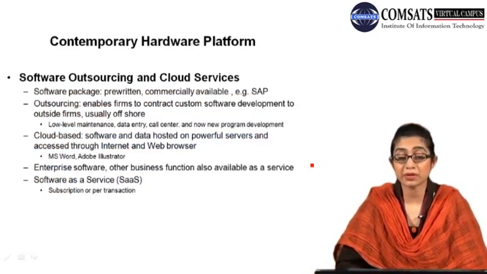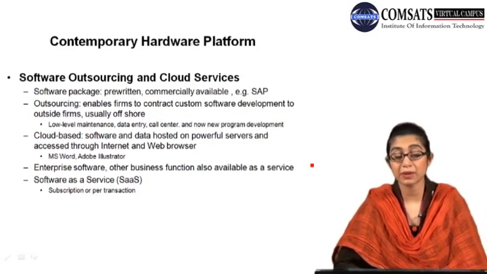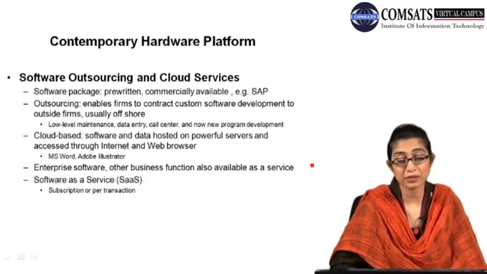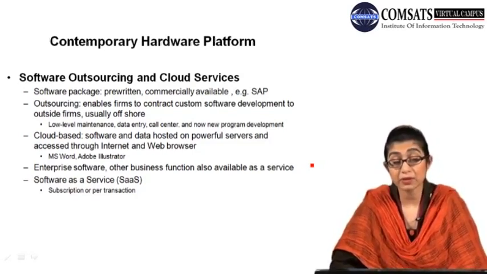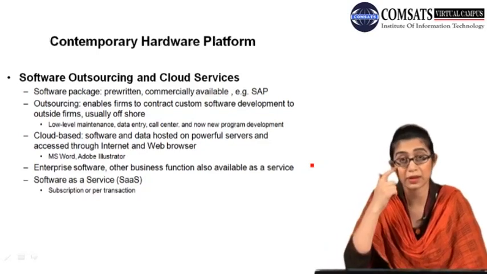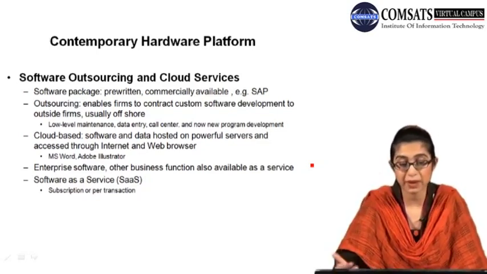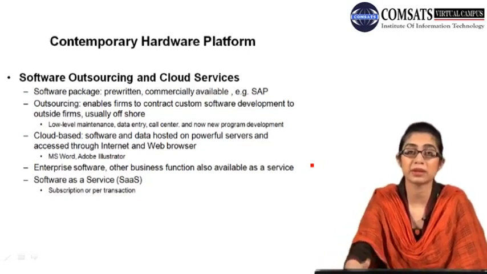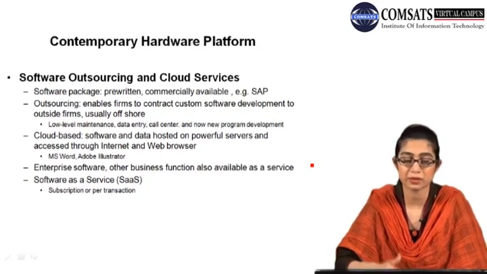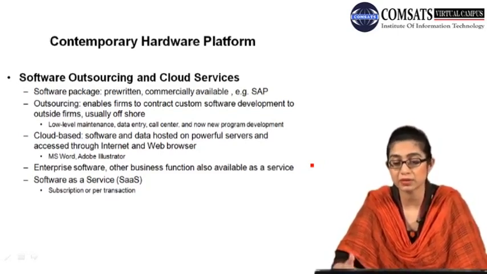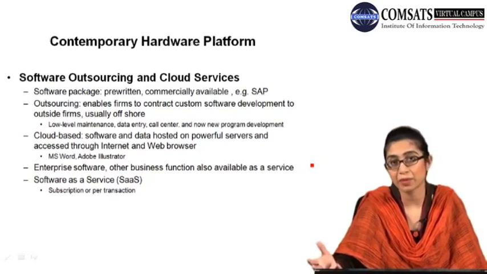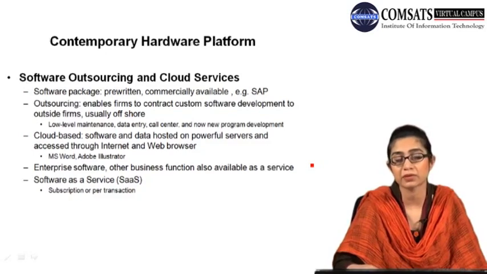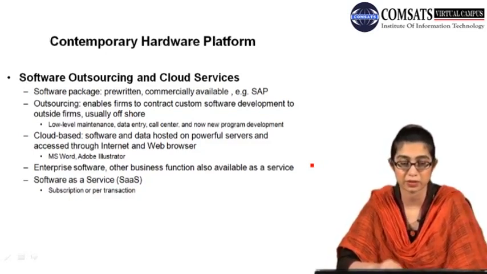Right, again we come to the same topic of cloud services, जिसमें हमने बोला था software as a service को हम थोड़ा सा आगे देख लेंगे. Software outsourcing and cloud services: now there are three types of software, like we said, that were available before. Number one was the package software. Package software, again, you go to a vendor or software vendor and you simply buy a certain kind of software and use it in the company. It is a pre-written, commercially available software. For example, SAP is a company that produces the ERP software, so that is one very popular kind of software that is used in different kinds of organizations.